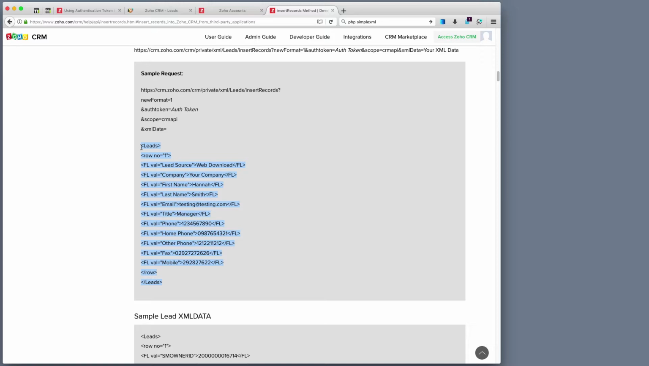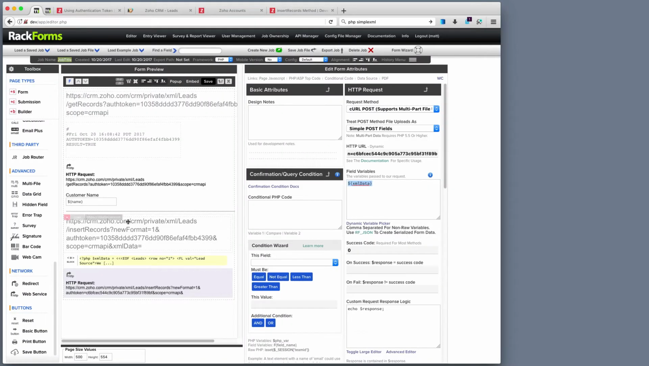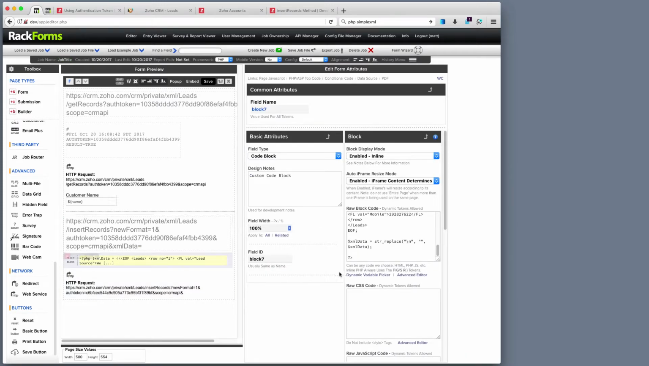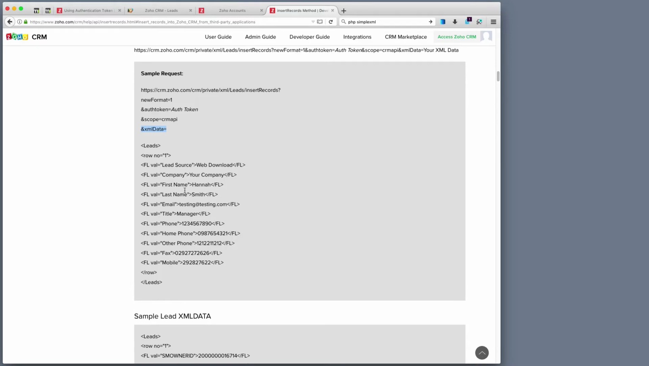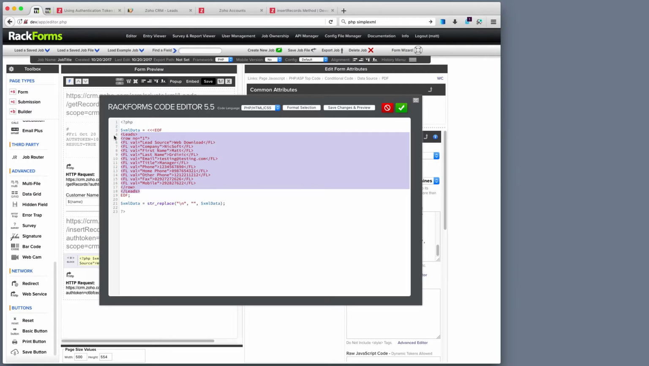So how would you actually go about building this? Because that's really what this is all about. All this other stuff is pretty simple. We've already done it. But this XML data bit, that's what we're actually writing to. So the way I chose to do it is this. I created a code block element in RackForms, and I created a heredoc element that has literally the exact same XML that we saw right here. I literally just took this, copied it, and pasted it into this right here. Then I stripped out all the new lines from it,